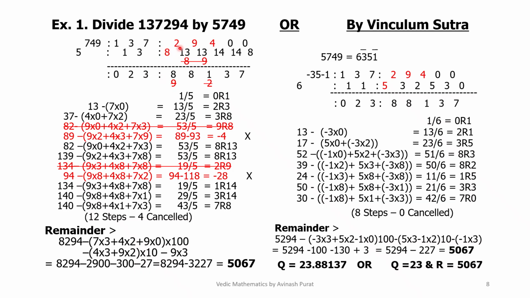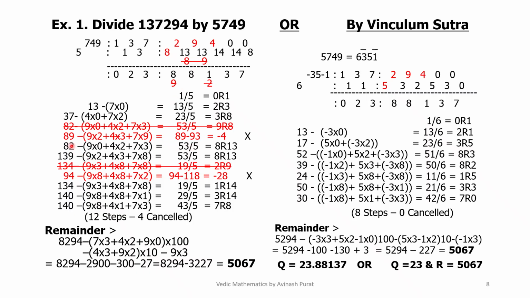Now 82 is dividend minus 9 into 0 plus 4 into 2 plus 7 into 3, that is 53 divided by 5. Now if we take 9 as quotient, remainder is 8, but 89 minus 9 into 2 plus 4 into 3 plus 7 into 9 equals 93,